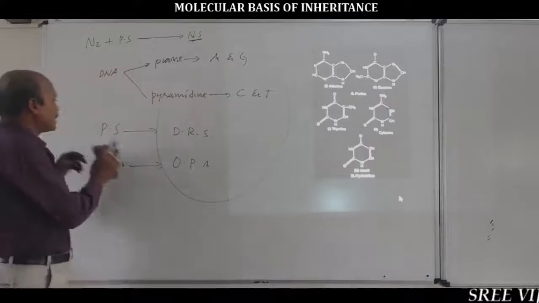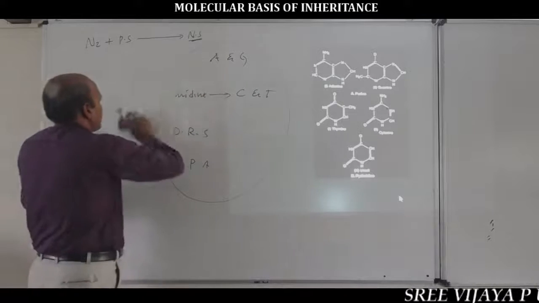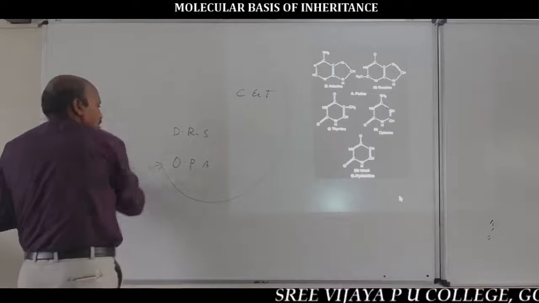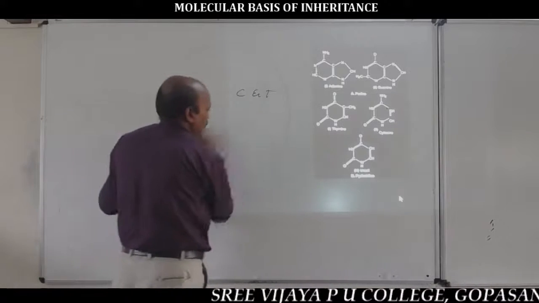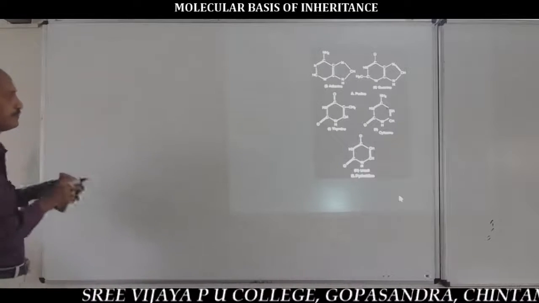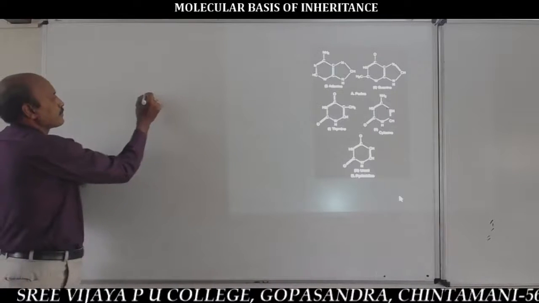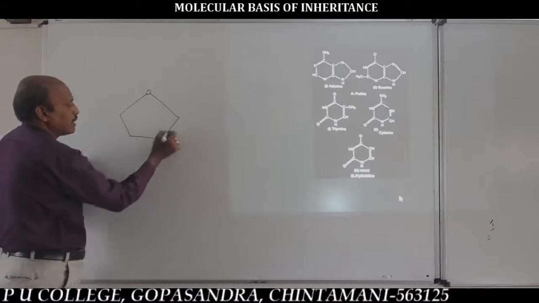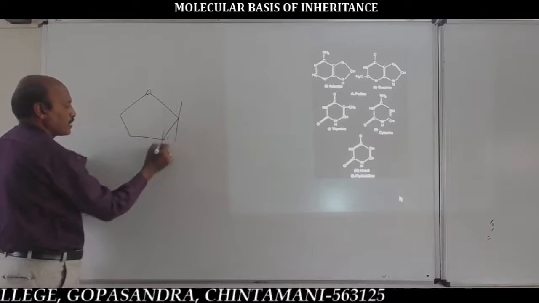So the combination of nitrogen base and pentose sugar is called nucleoside. Very important: during the formation of nucleoside,